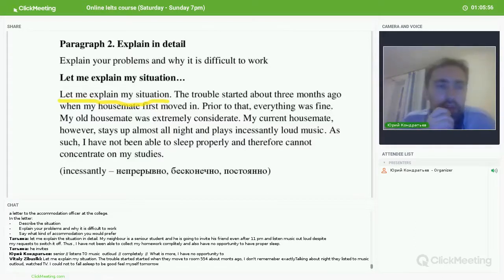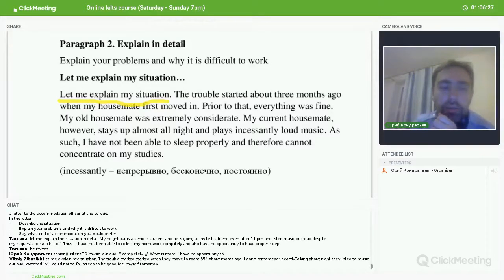Okay, let me explain my situation. The trouble started when only once. Okay, the trouble started when they moved to room. Okay, when it's actually one person, because you live with another person. When he moved into room